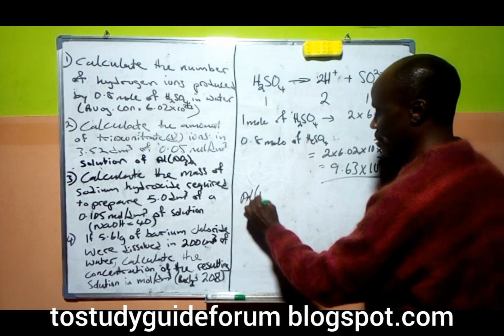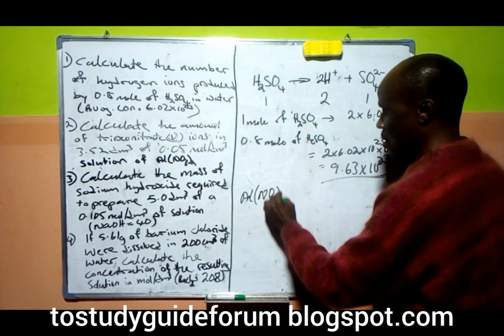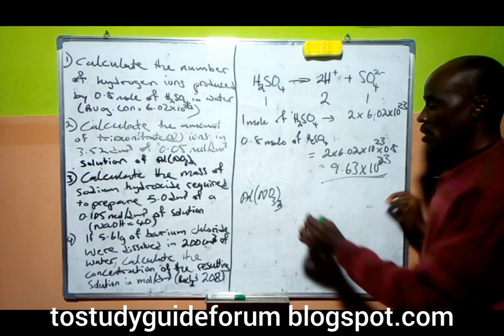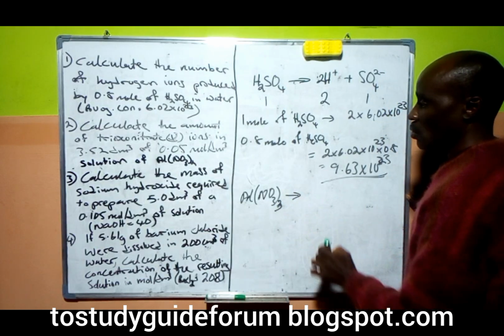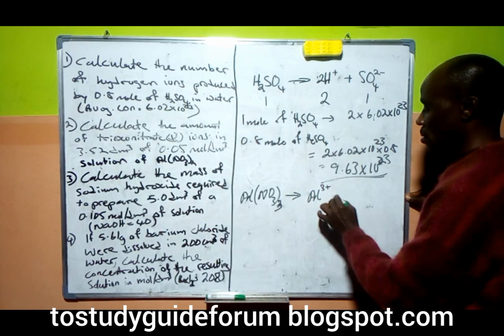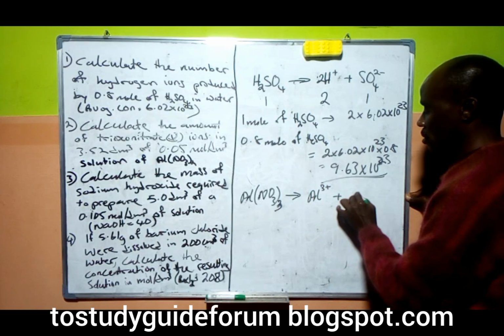What we have here will be: if it ionizes in solution, trioxonitrate, we have aluminium, then plus